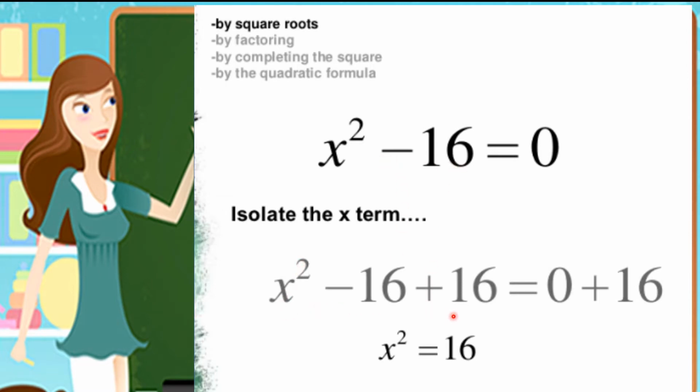Bakit po tayo nag-add ng 16? This is to eliminate the value, this negative 16. Kailangan natin mag-add ng 16 para ito'y maging 0 na, at dito sa kabila ay maging 16. Or just transpose negative 16 on the other side. Kaya siya'y magiging x squared is equal to 16. Then,